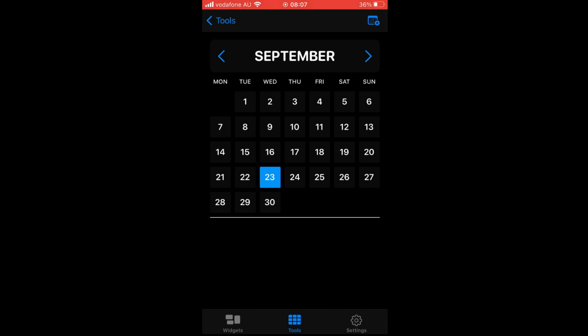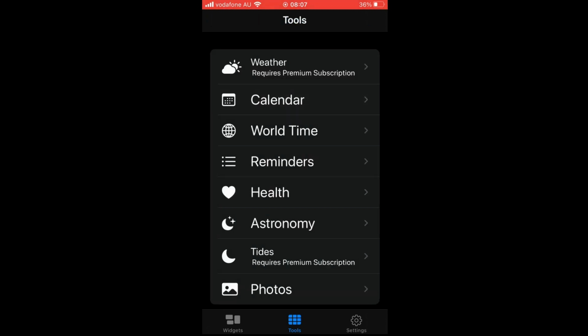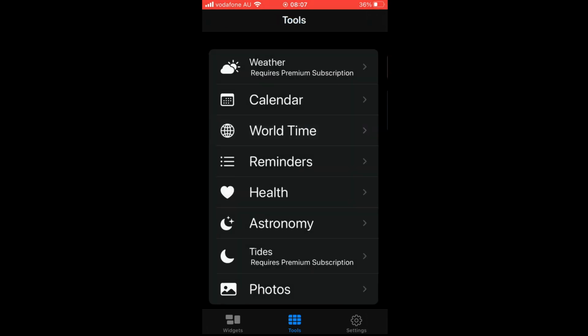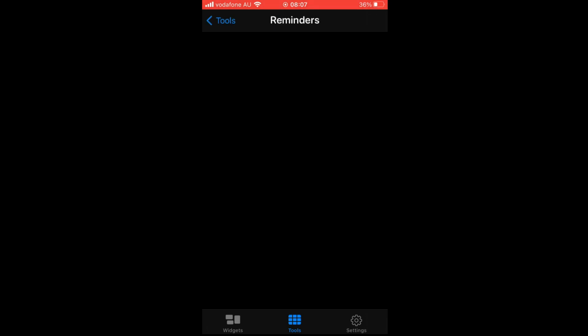That can add it and have a widget around that in the phone too. And also you can click world time, so if you want to have different clocks for around the world, you want to click edit locations, you can have any time zone within there. You can click reminders, so you can create a widget around the reminders that you already have on your iOS